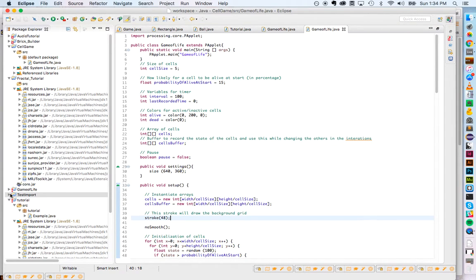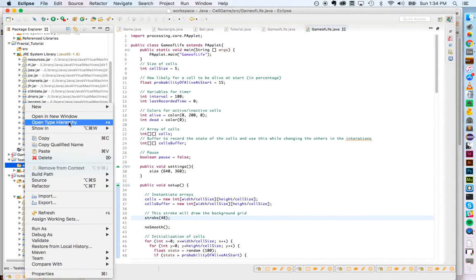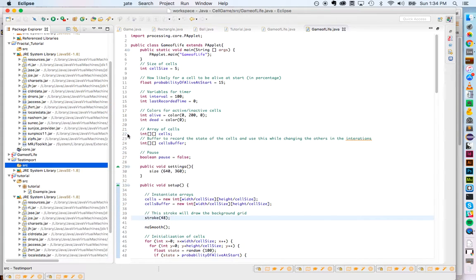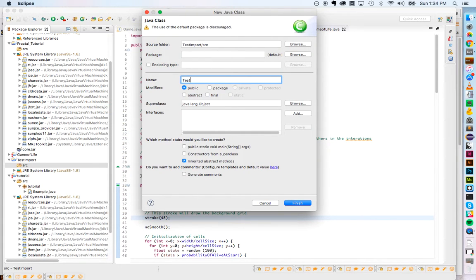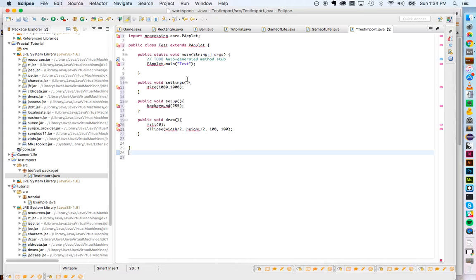So I'm going to create a new class called test import, and I already have some code that will just draw a circle on the screen,